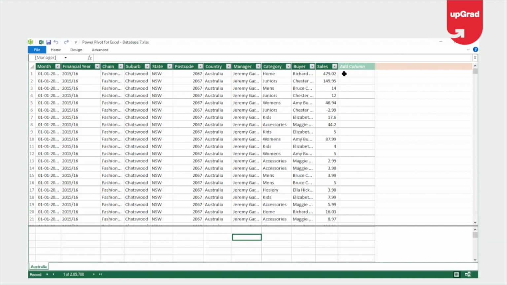You can also do the calculation and then create the measures, and these calculations with the measures will stay with you throughout any other pivot table that you create. So it becomes very simple for you to use these kind of measures. So for example, if I want to identify what is the 10% of the sales, I can easily do that by doing a multiply by 10%.